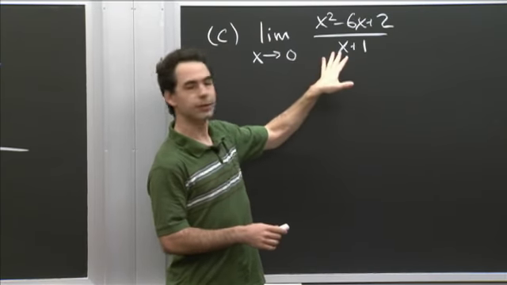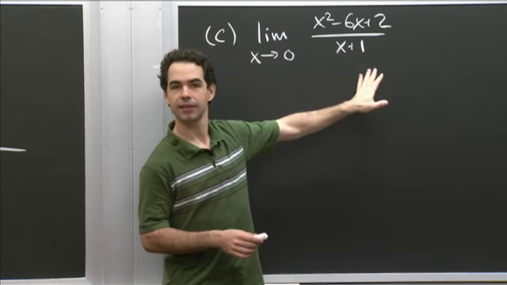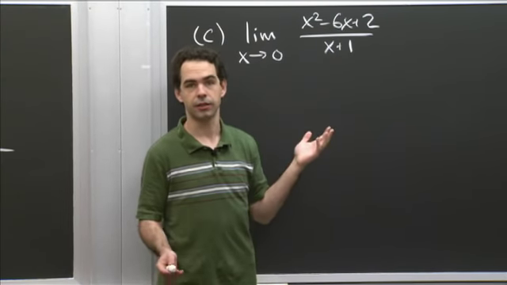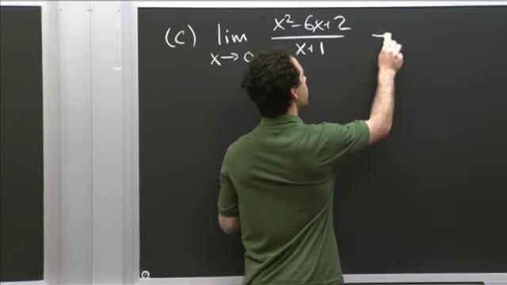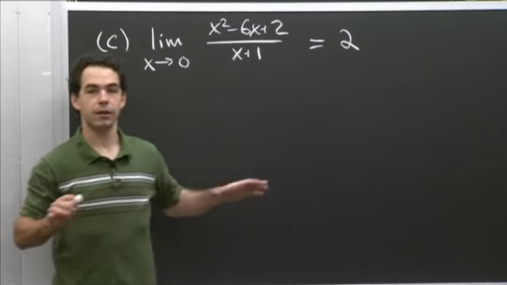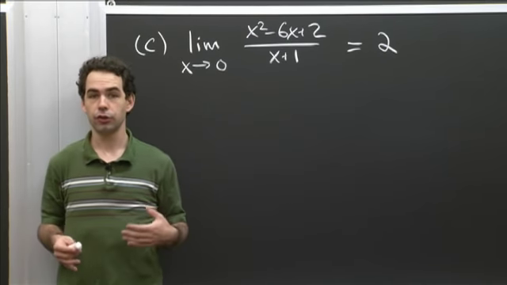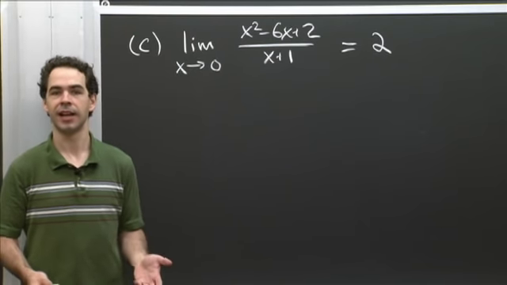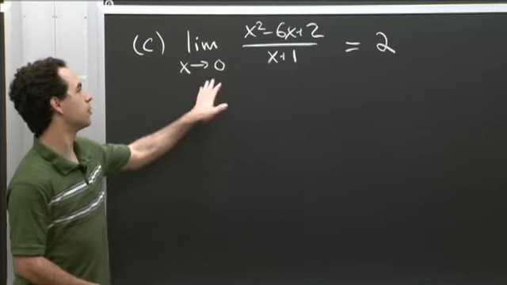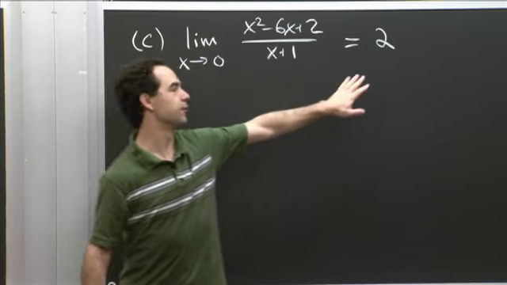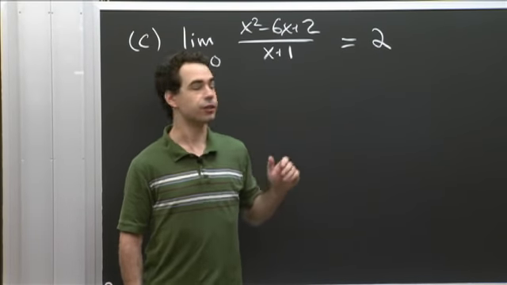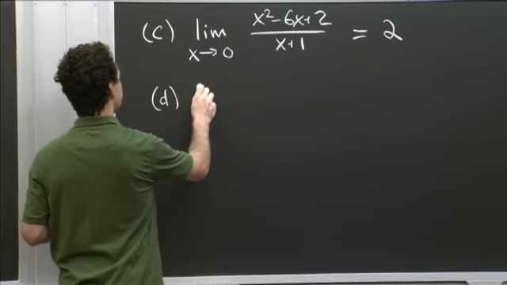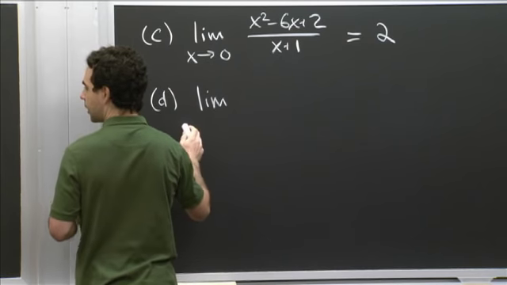This limit is really easy to compute. You can just plug in x equals 0 here. The top is going to 2, and the bottom is going to 1. So the whole limit is going to 2 divided by 1, which is 2. So you don't need L'Hopital's rule, and also you can't apply it. This is not a form in which L'Hopital's rule applies. It's not an indeterminate form, but the result is very easy to compute. Good, so that's 2, and we've got our last one now, which is D, the limit as x